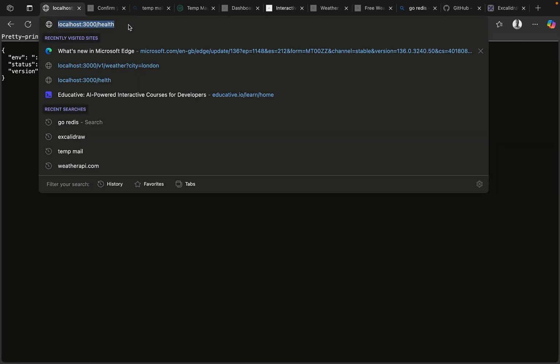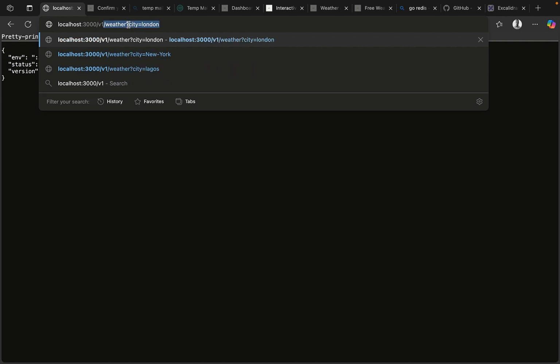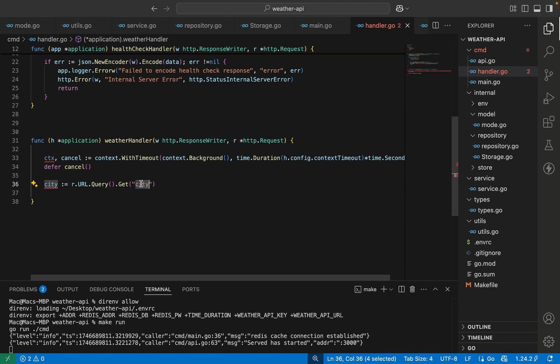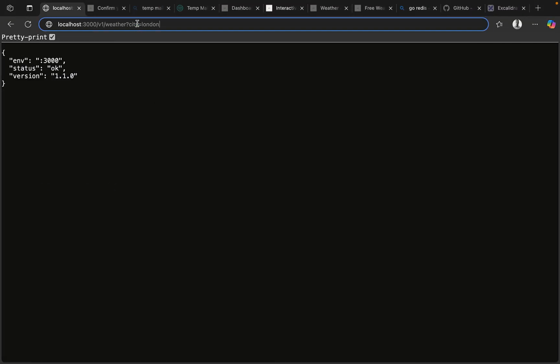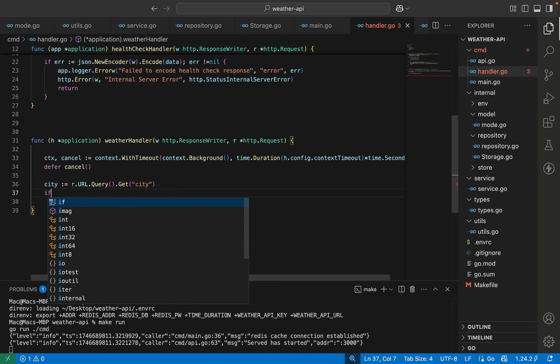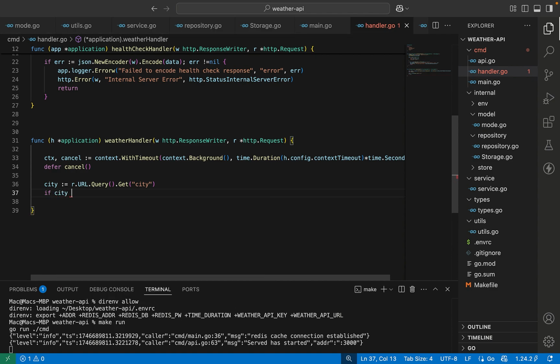So what we are trying to do is have v1 slash something like this. So the city is always going to be query, then equals London, equals anything. Now we are getting city, right? So we must be able to get the value city and then say if city equals to empty string, then